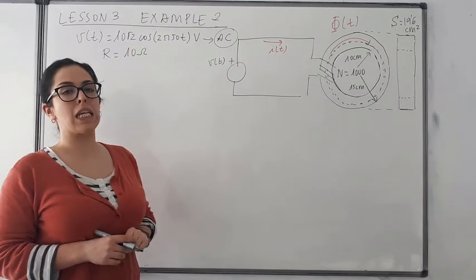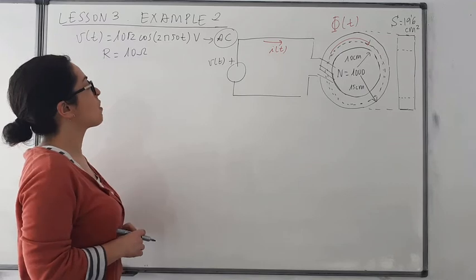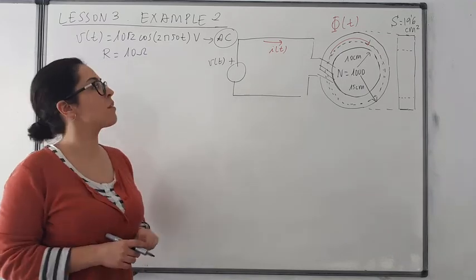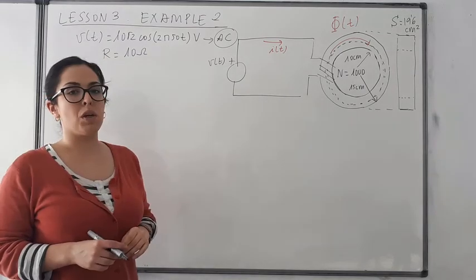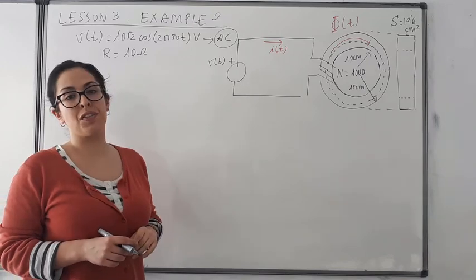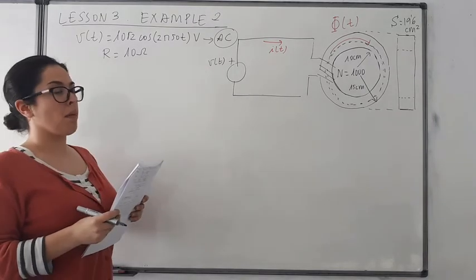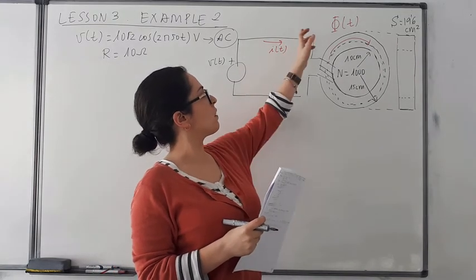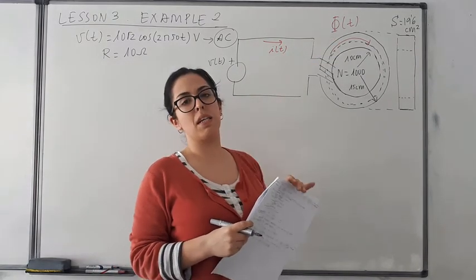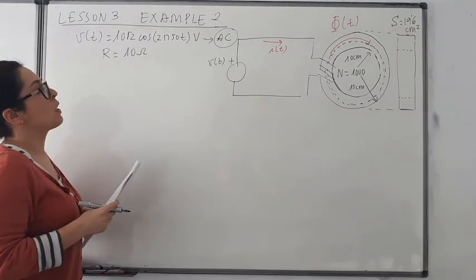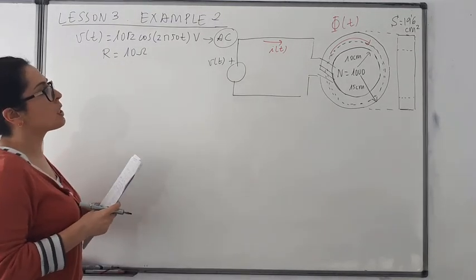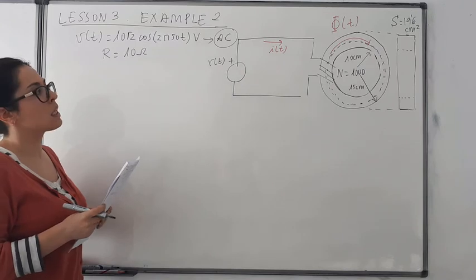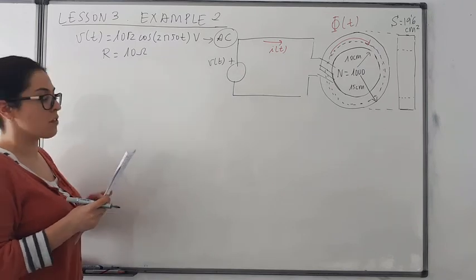So we are going to see that there are some differences in the resolution process and in the results, depending on if we are in an AC or DC system. In this example, they also ask the current in this electric circuit, and the magnetic flux in this magnetic circuit. So in this situation, we need to start by calculating the magnetic flux first.